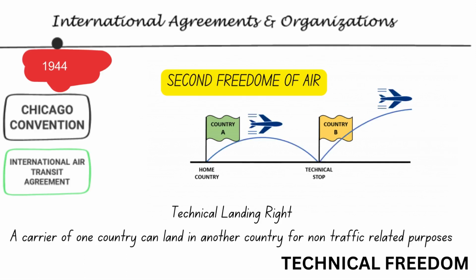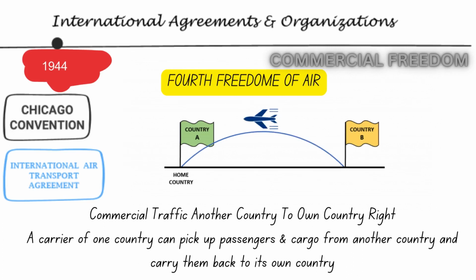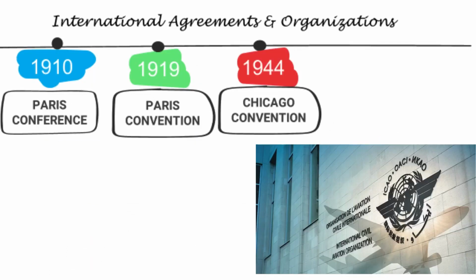or refuge. Similarly, this convention accomplished the International Air Transport Agreement, which established 3 commercial freedoms in addition to the freedoms included in the Transit Agreement: third, freedom to take traffic from the homeland to any country; fourth, freedom to bring traffic from any country to the homeland; fifth, freedom to pick up and discharge traffic at intermediate points. The Chicago Convention has a lasting legacy, shaping the future of international civil aviation.